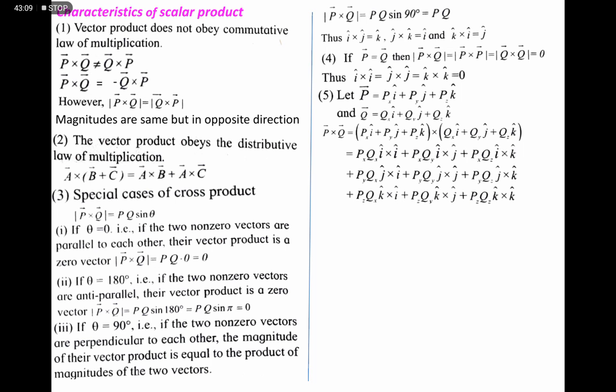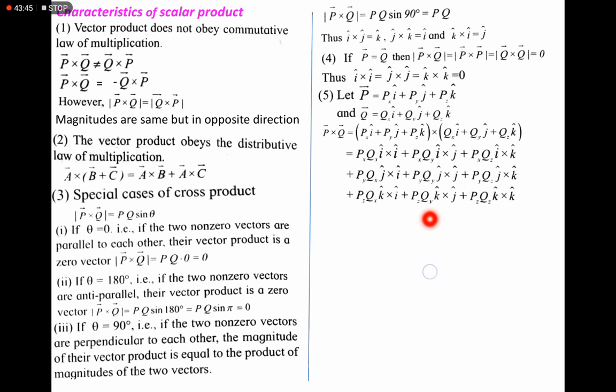Definitely, the cross product with the same unit vectors is 0. These three terms, that is px qx (i bar cross i bar), py qy (j bar cross j bar), and pz qz (k bar cross k bar), become 0. And the remaining terms, that is the second and third terms, the first and third terms, and the first and second terms,